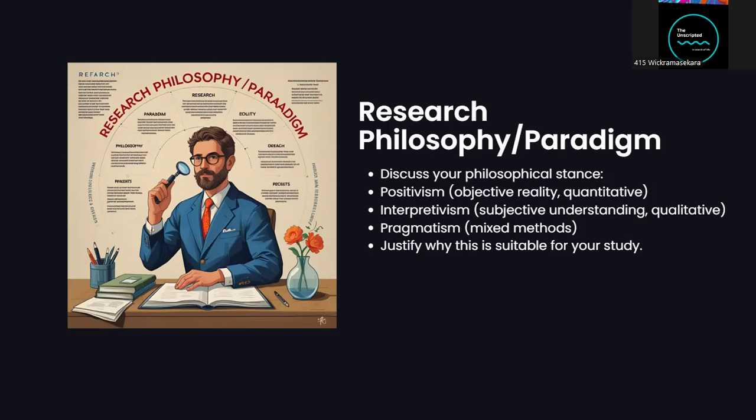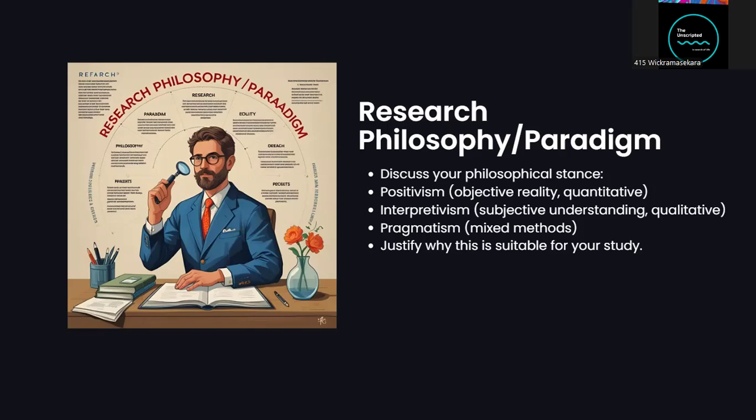And then you need to say, out of these three different philosophies, what is my research philosophy? What is the research philosophy that underpins my research investigation? So let's say if it's interpretivism, you can say based on the nature of the research problem, or based on the topic and the questions, and the requirement based on the type of data required,